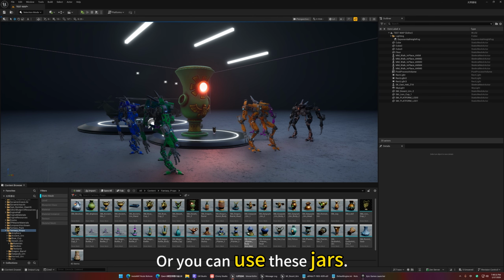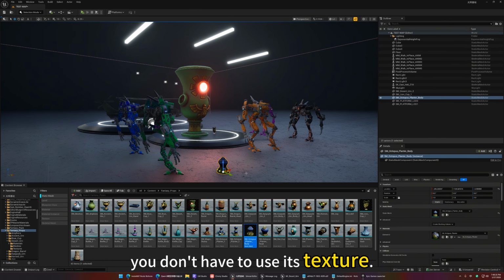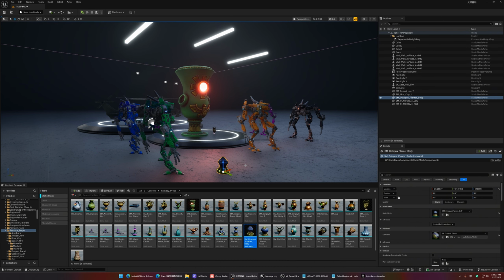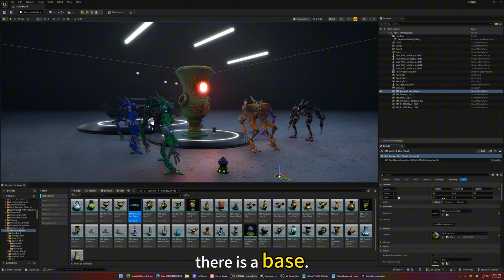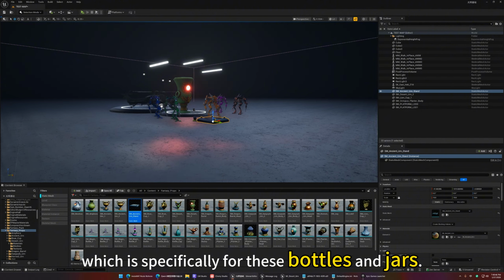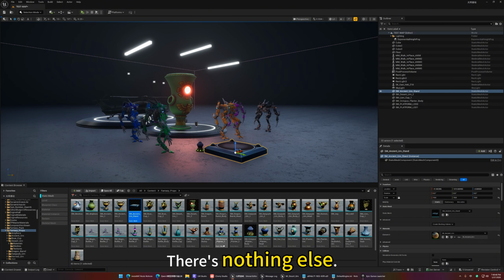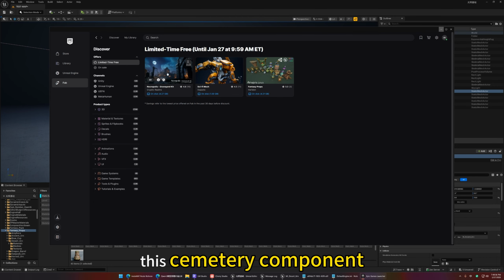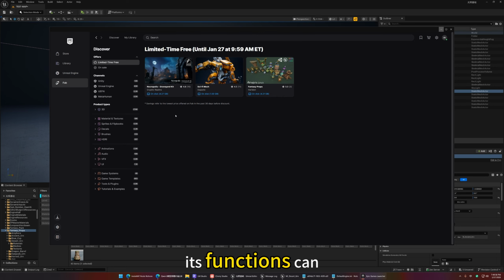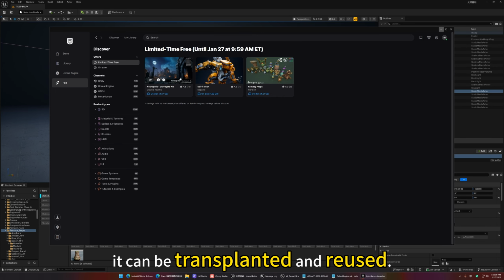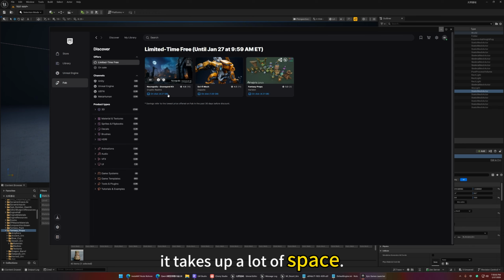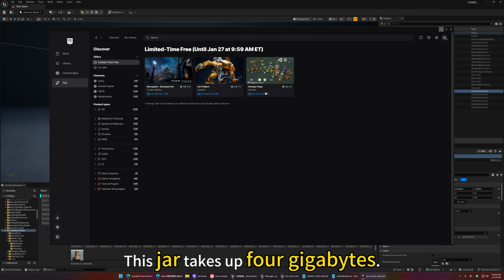Or you can use these jars. You can replace its texture map first. There is a base. And enlarge it, which is specifically for these bottles and jars. Overall, this cemetery component, its functions can be transplanted and reused. This jar takes up 4